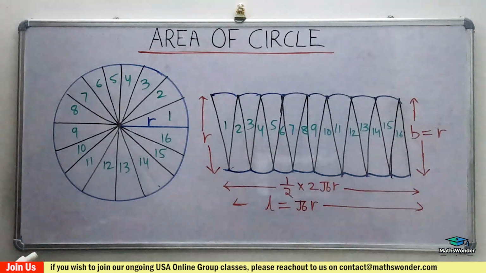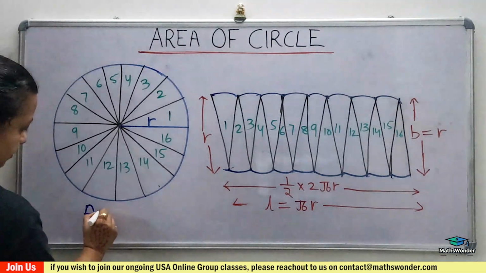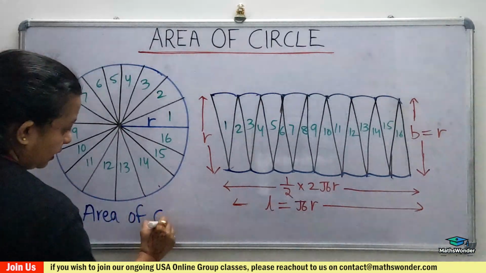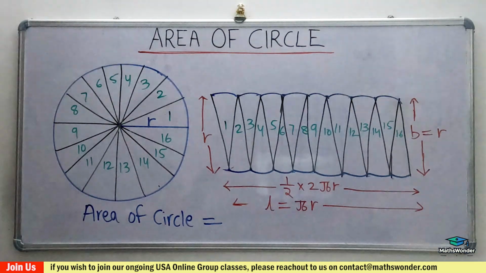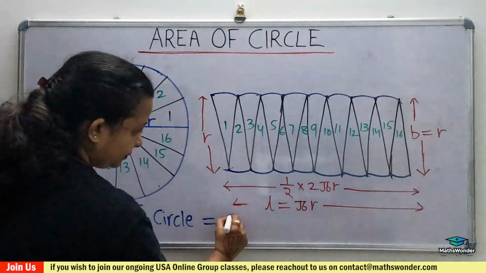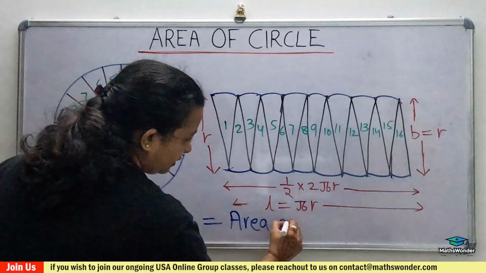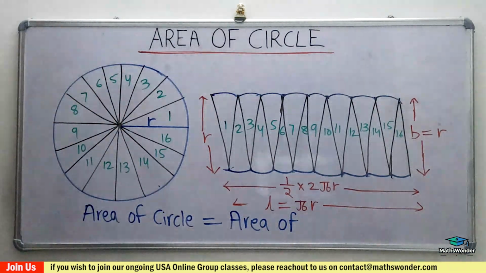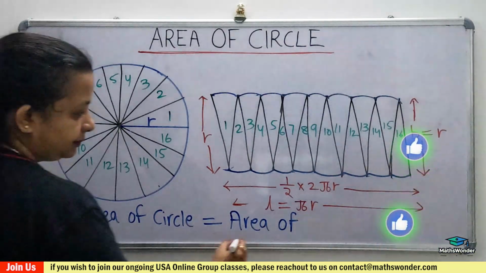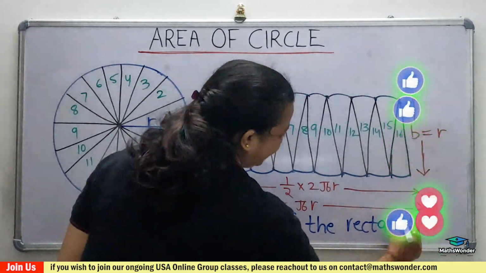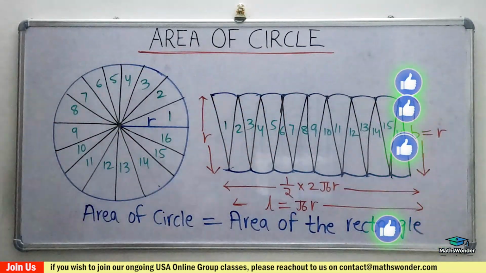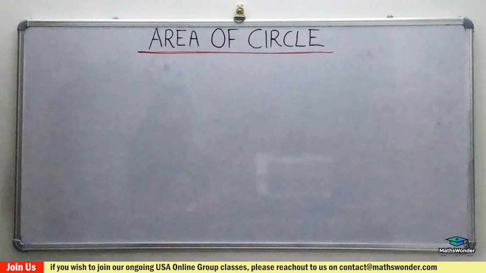Now write down the area of circle is equal to area of the rectangle. Wait, I have to write this down? You told me not to write down anything. No, you will write it definitely, but after my explanation. Do I have to use that strategy? Because that looks way too complicated. No. Yes, this is used in the application questions.